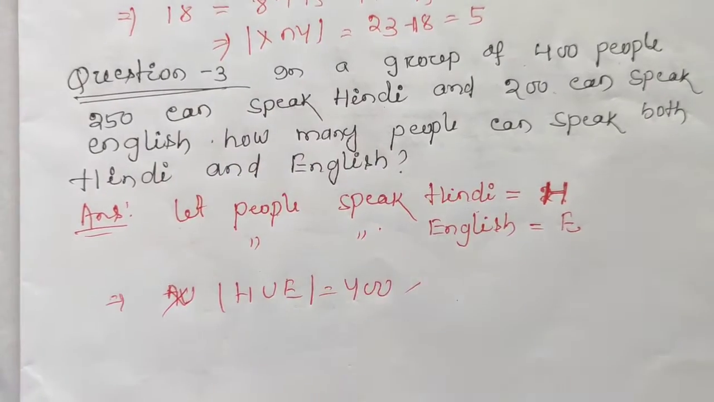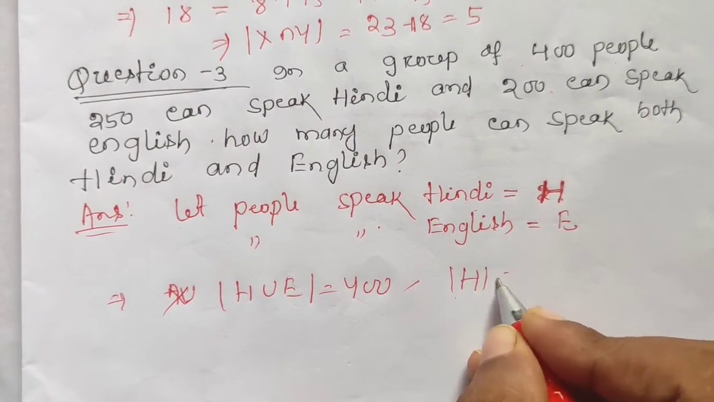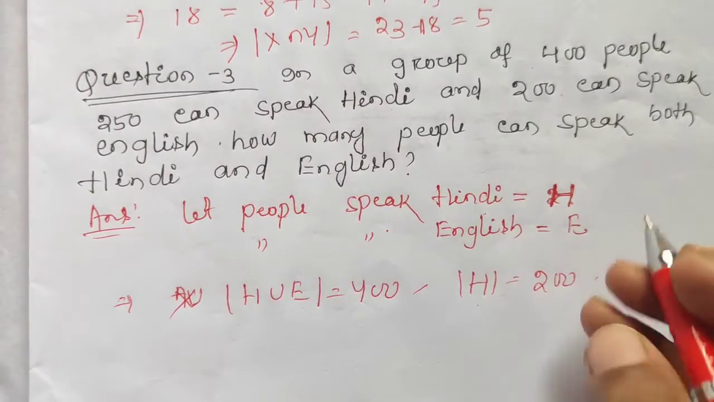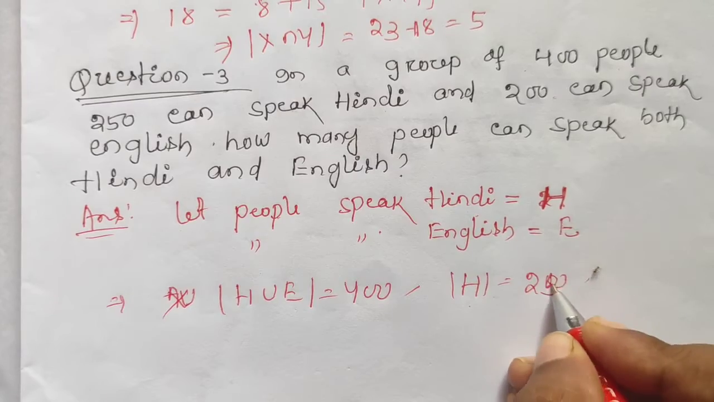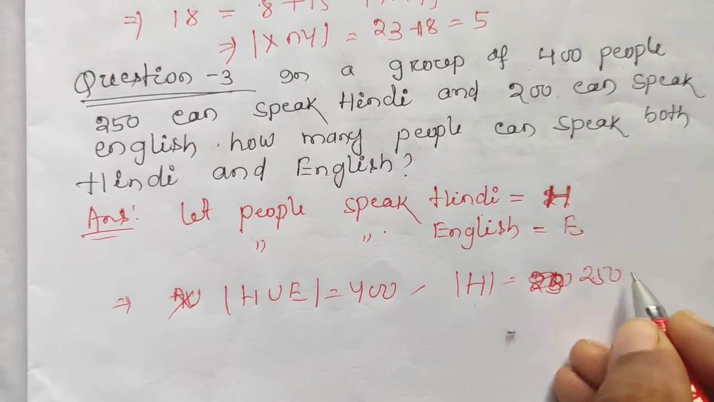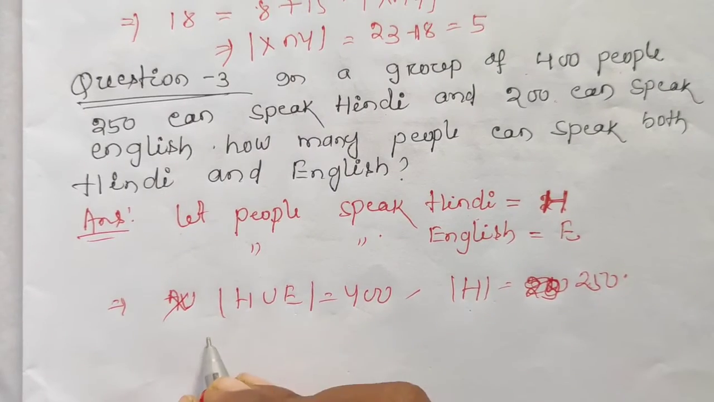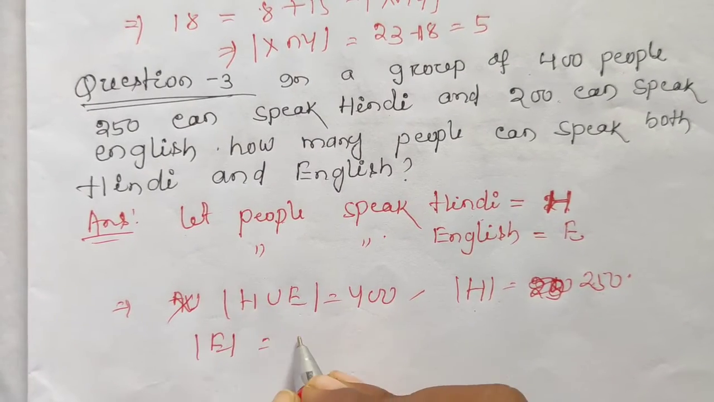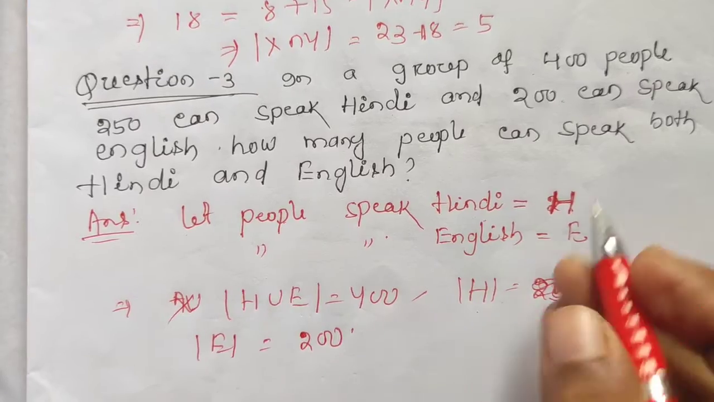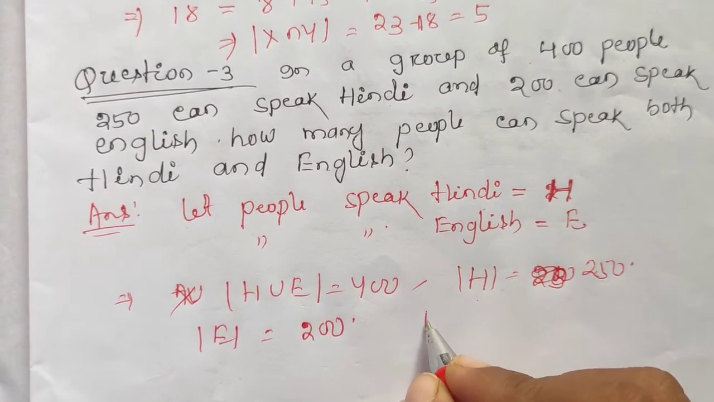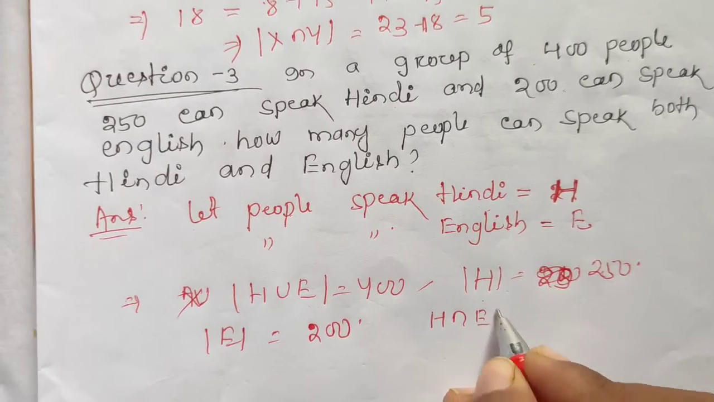250 can speak Hindi. H mod is equal to 250. 200 can speak English. E mod is equal to 200. How many people can speak both Hindi and English? H intersection E mod